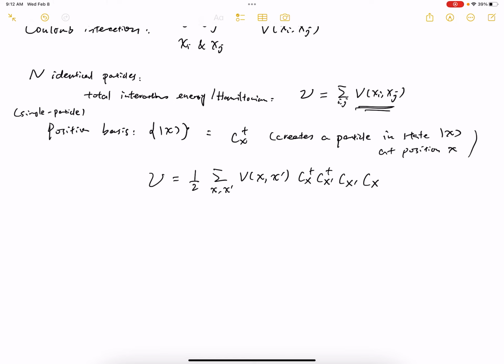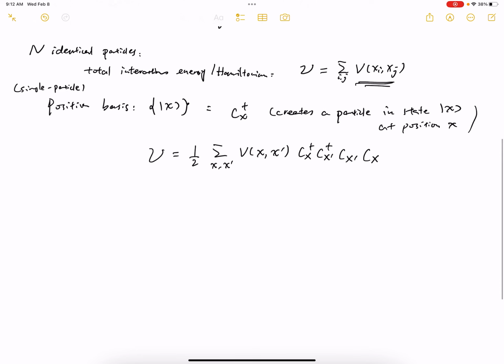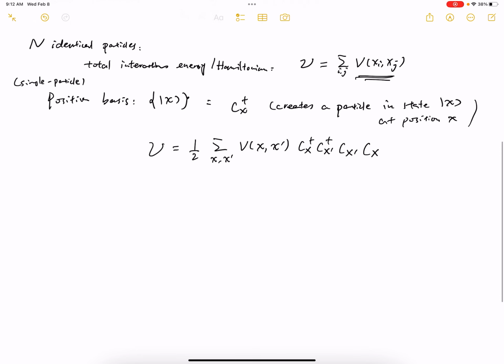So this looks a bit complicated. I'll try to make more sense of it. Just intuitively, this is like I remove two particles at positions x and x prime, and then I create two particles at positions x prime and x. So at the end of the day, I'm really not removing or adding any particle in the system. And the way you think about this is kind of close. So if x is not equal to x prime, this one actually can be